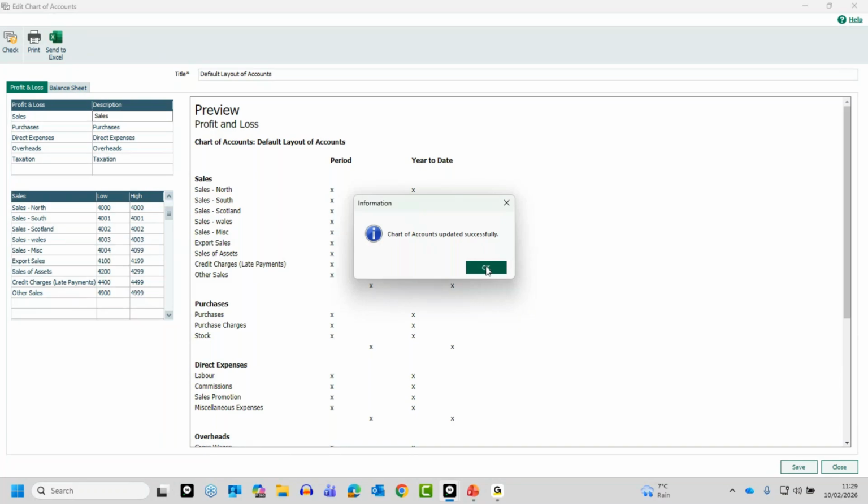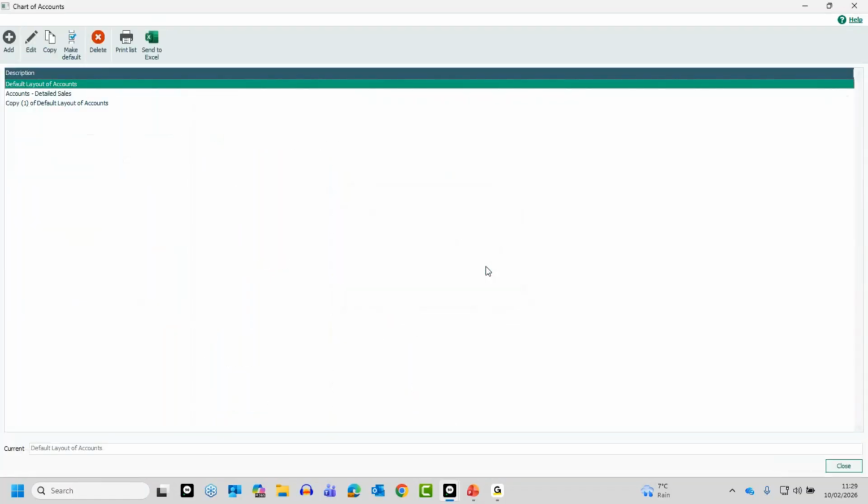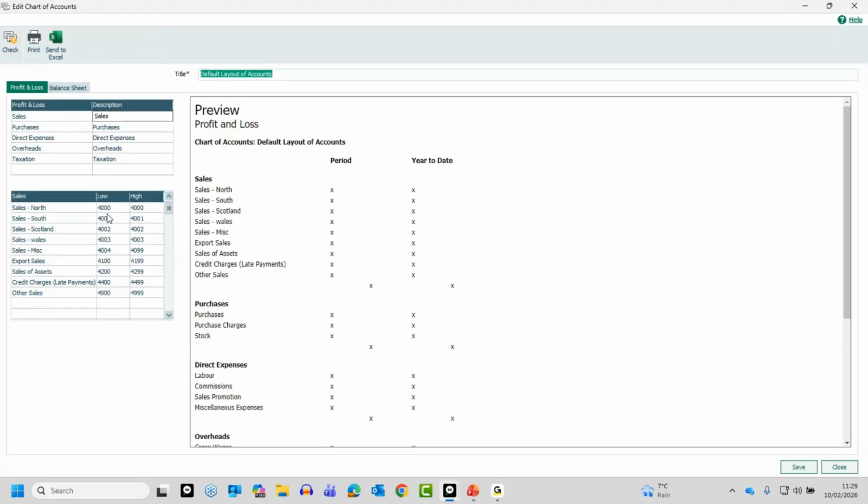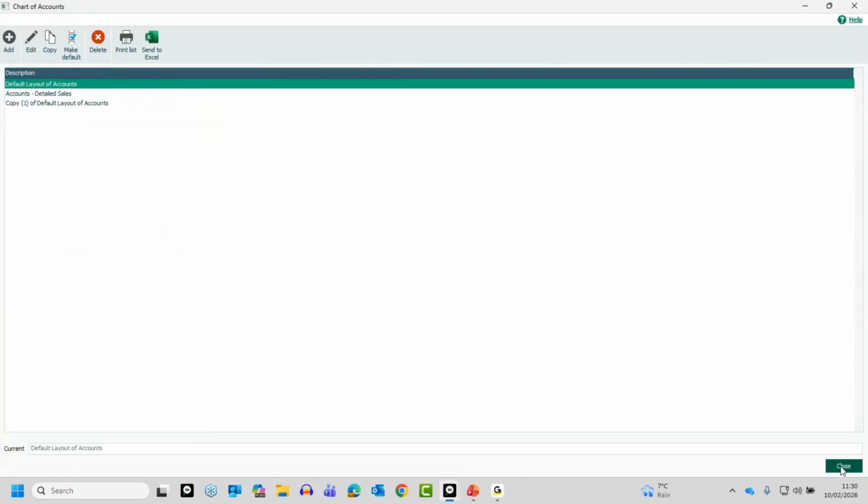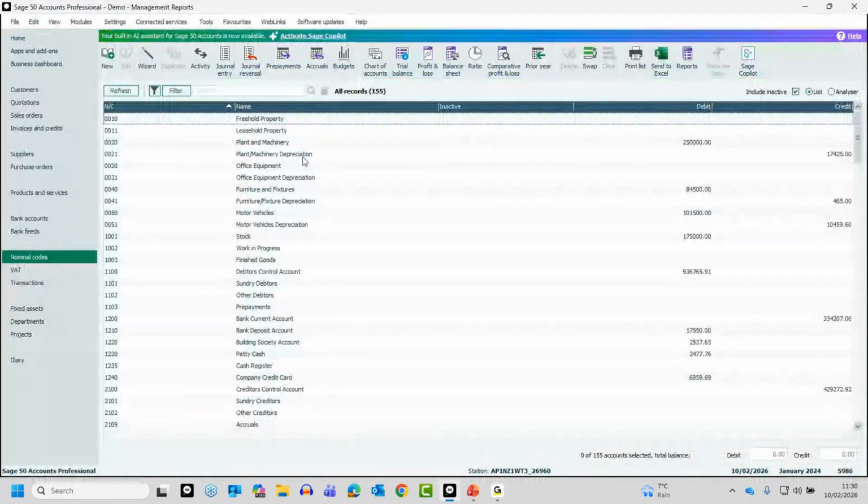Tells me it's updated successfully. You might get a different message at that point, but we're going to come back to that one in a moment. So these two are pretty much the same at this point. Just going to go back to Edit. And actually, no, I'm not. I'm going to go back into the main nominal codes list, and I'm just going to quickly run a profit